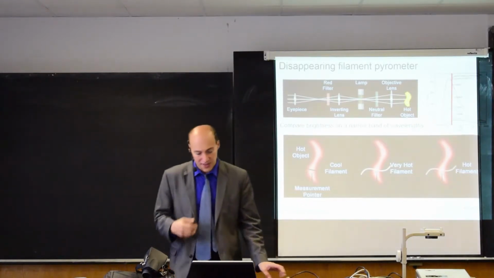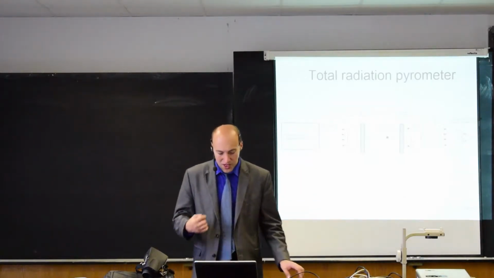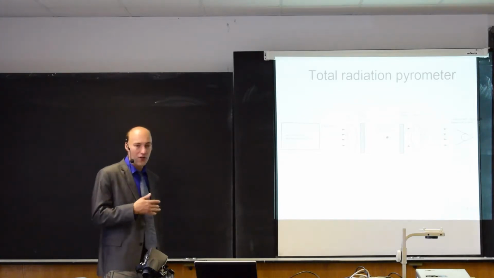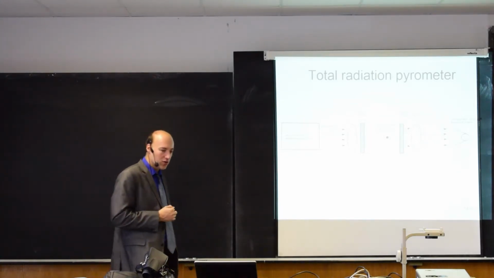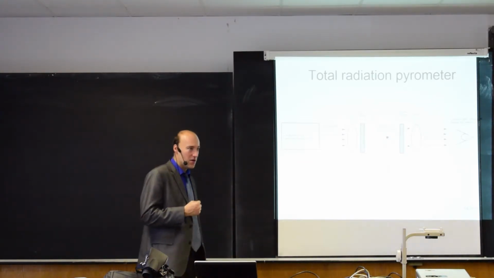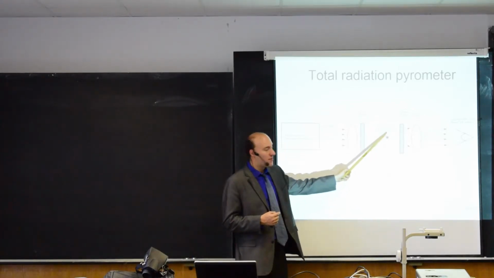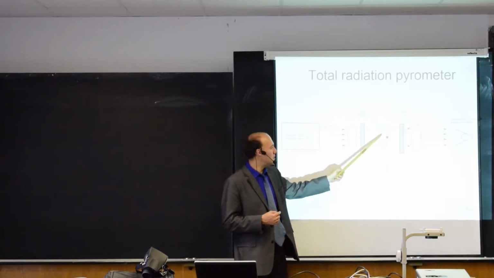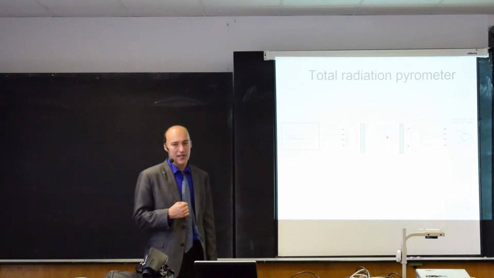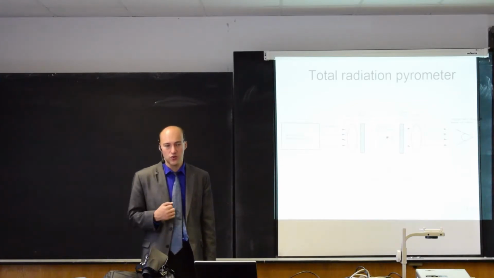In automated devices, we want to read the temperature directly, so we need to eliminate the human presence, and therefore we can use something like this, the total radiation pyrometer. The function is similar, but here instead of our eyes we have a temperature sensor. So it's a temperature detector. Typically it's a thermocouple, because a thermocouple has a small time constant, so it can react quickly to the changes